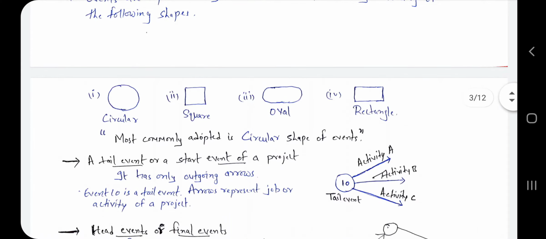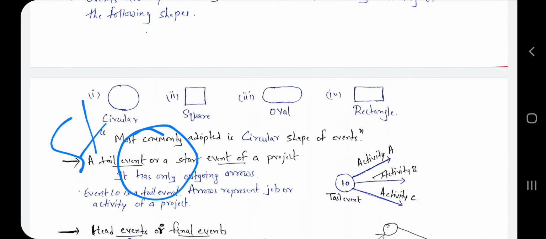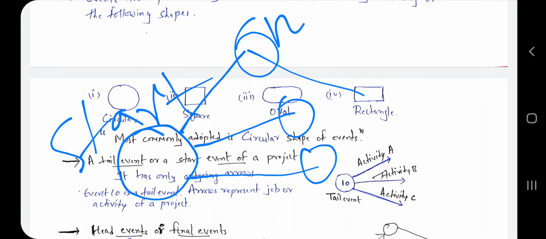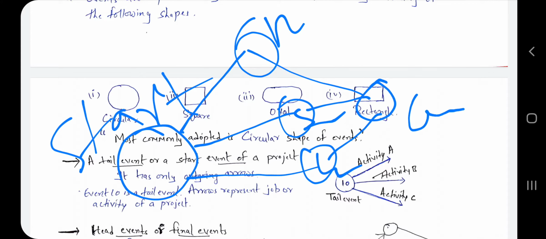A tail event or a start event means if I start the event, I start the construction work here, and after construction work starting, we are doing foundation, substructure work and superstructure work. After that, the foundation work is completed, the superstructure work is completed, the substructure is completed, and all meet at one point, that is, the construction is completed.